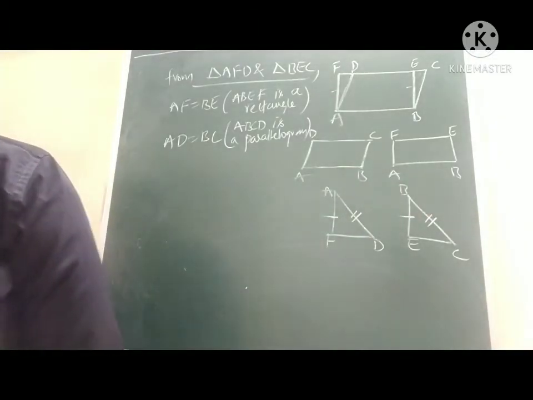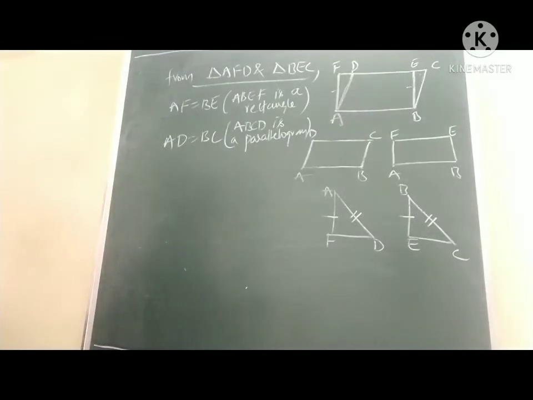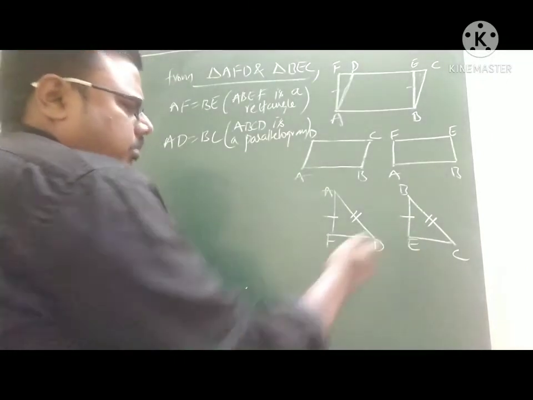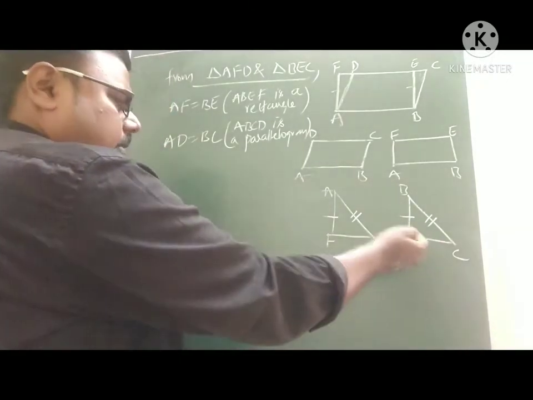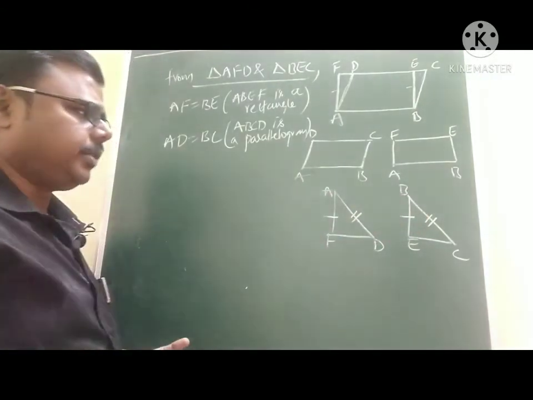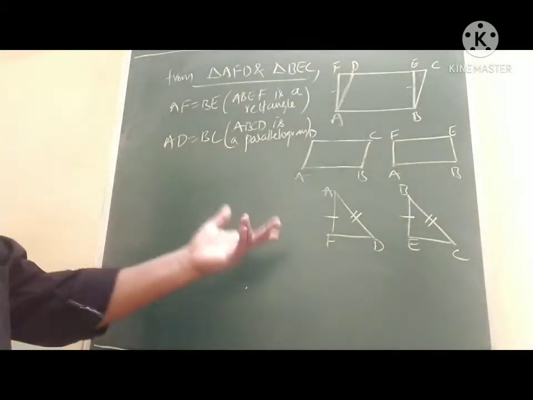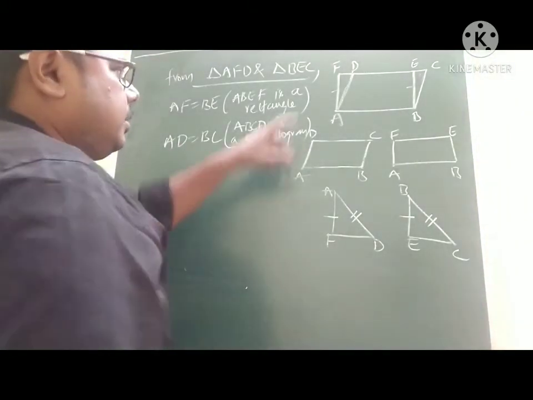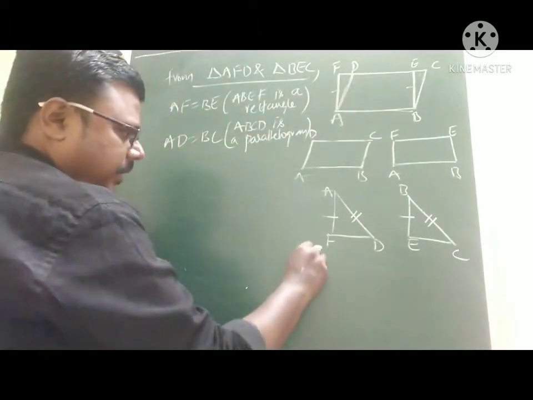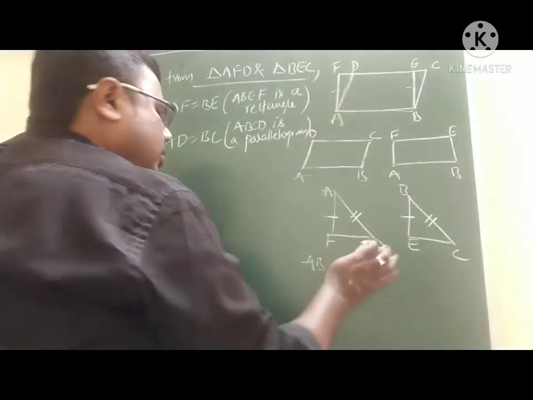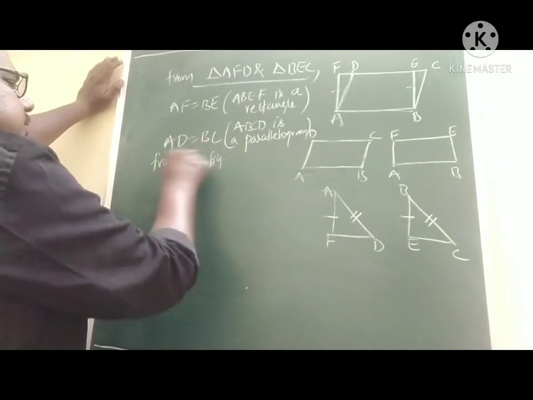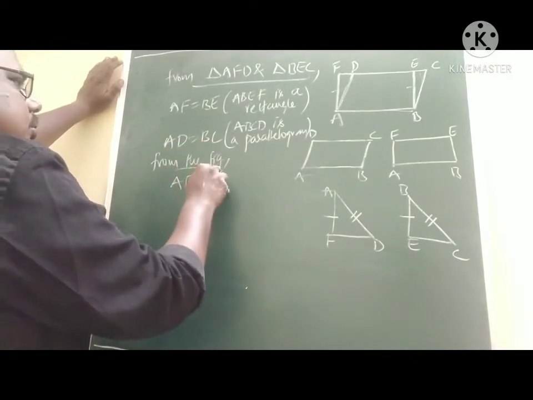Now the remaining thing here is the third side. Either I need to prove FD is equal to EC, or I need to prove angle A is equal to angle B. As of now there is no point to discuss the angle, so with respect to the sides only. I am writing rough work here. From the figure, AB is equal to EF.